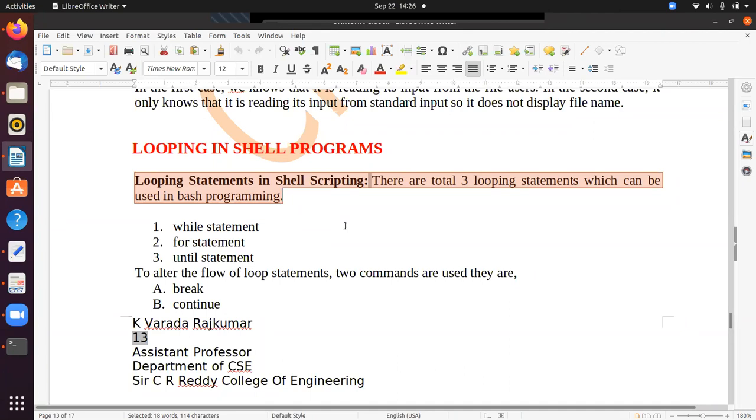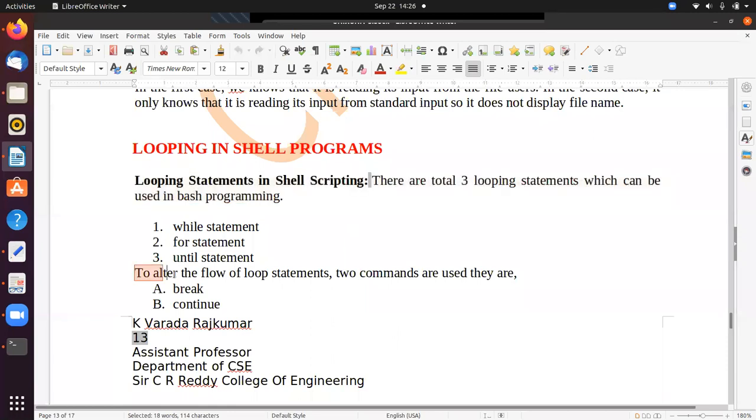Similarly, in shell programming also we have 3 looping statements. One is the while statement, the second is the for statement, and the third is the until statement. So this is while, for, until.